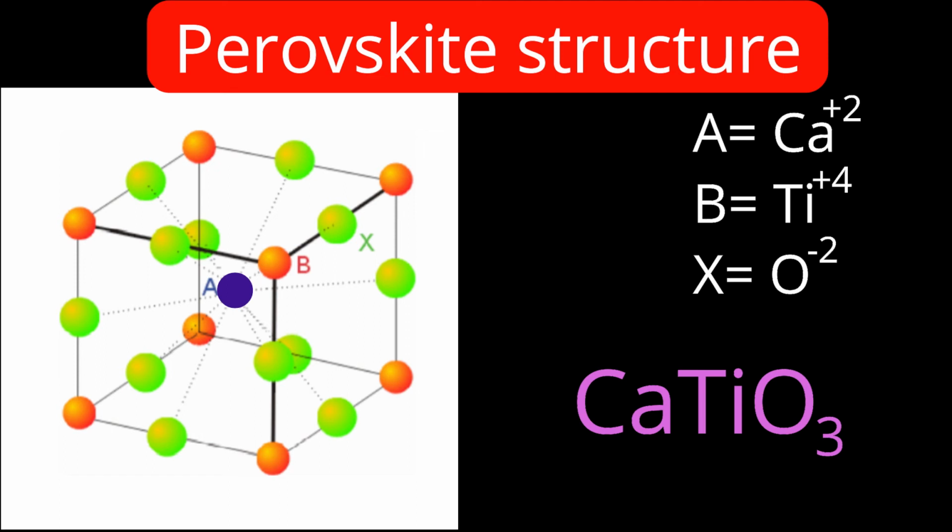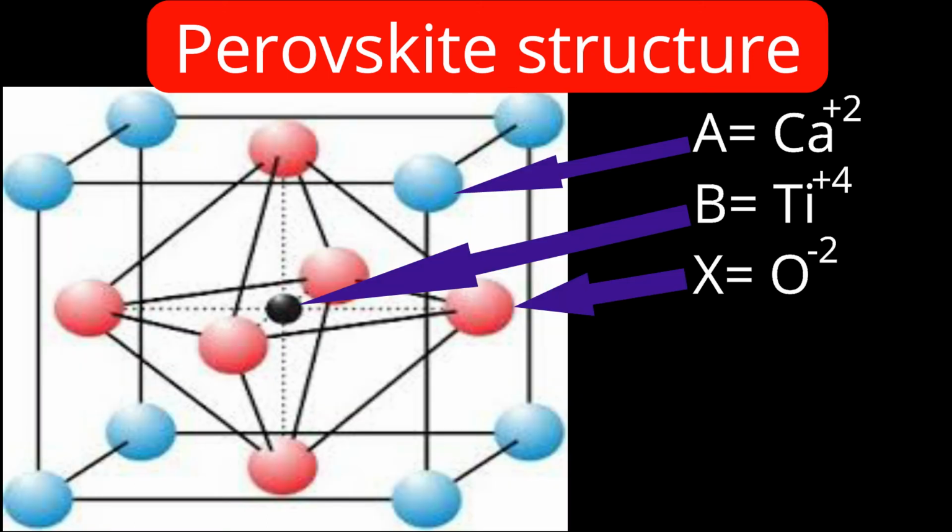Now let us find out the number of calcium ions surrounding the oxide ion. Now we discuss oxide ions at the center of the edge, and the center of the edge is contributed by 4 such cubes. Around that edge 4 such cubes we can consider. And at the center of each cube, who will be there? Calcium plus 2. So how many calcium ions will surround the oxide ion? 4. So 4 calcium plus 2 and 2 titanium plus 4. In total, how many metal ions are surrounding the oxide ion? 6. So what is the coordination number of the oxide ion? 6.